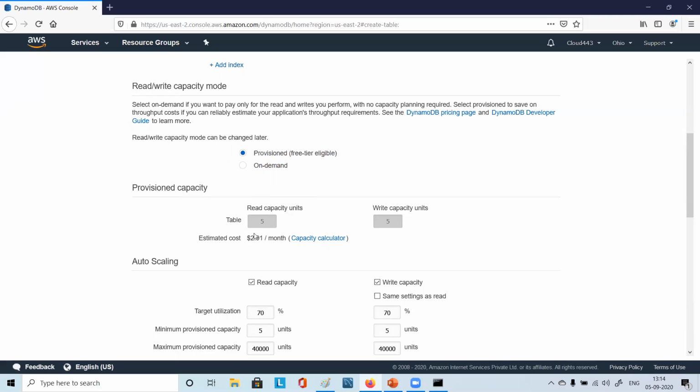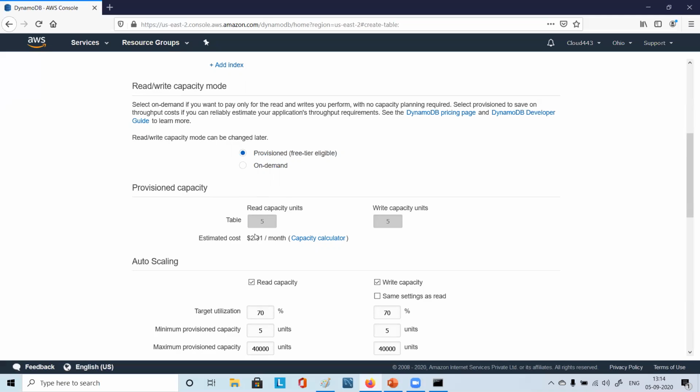Just understand. One RCU means one read request per second if and only if your item, the object, is less than 4 KB. What if it is more than that? You will consume more capacity.